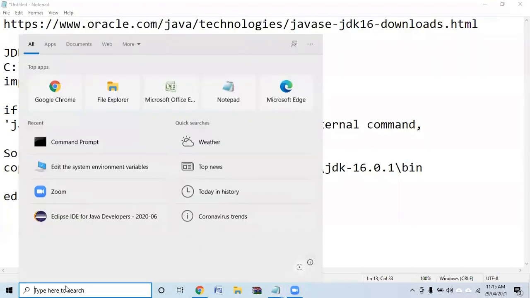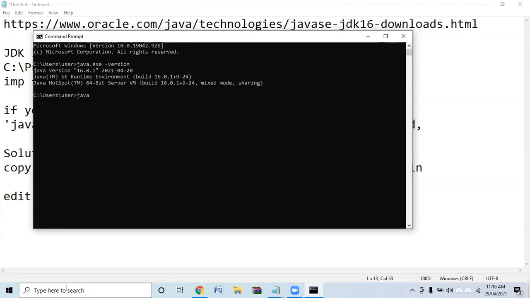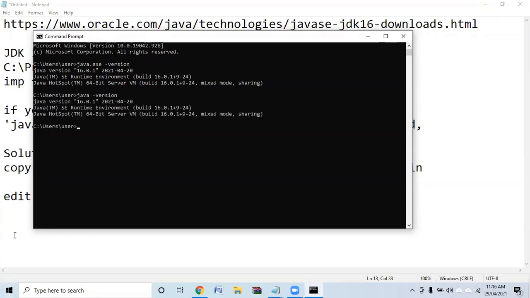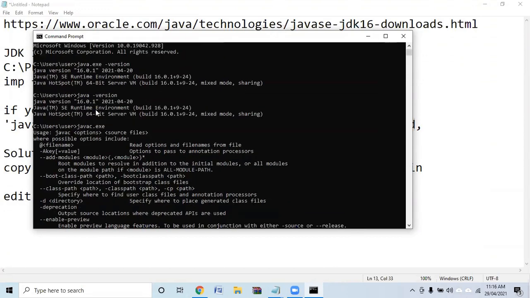So how do I open the command prompt? Simply type CMD, it opens the command prompt. The actual way of checking is java -version. You need not write java.exe, right? Simply write Java. In Windows, writing .exe is not mandatory. Simply write java. It will tell you what version you are using. Okay. Similarly, we have another option called javac.exe, if you remember that. That also you should get. Javac.exe. It will tell you what the syntax is and so on. Don't worry about it. We'll discuss.